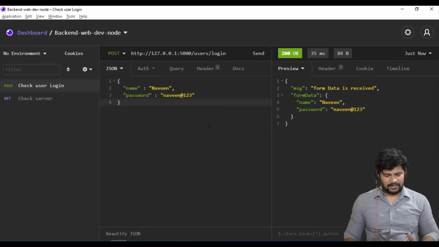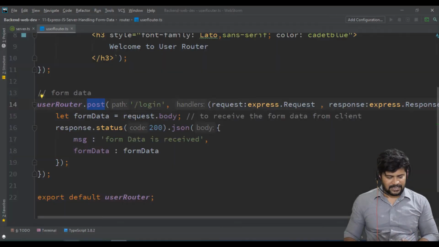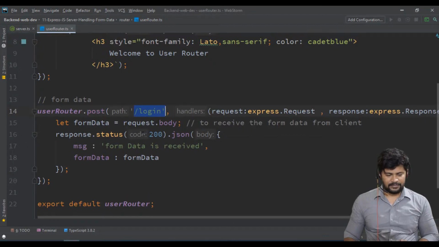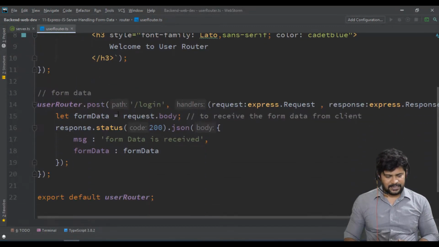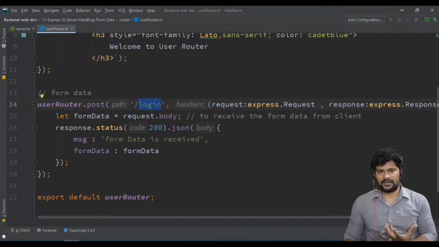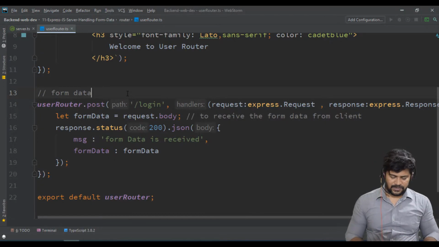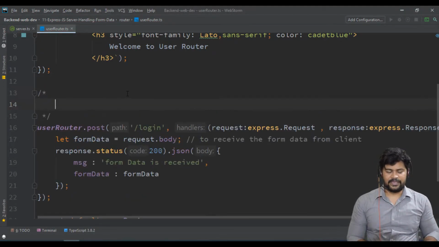Okay, fine. And one more optimization I'll tell you, because we can't remember everything. For example, if I just say login and slash, you can't really understand. You need to verify again how users is configured, and then you have to make the path. You have to remember the URL also by seeing this. So instead, we usually write some kind of comment for every route. It will be like this. At usage: what is the use of this URL? To check whether the form data is received or not.